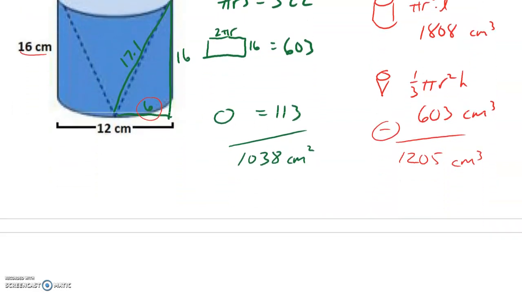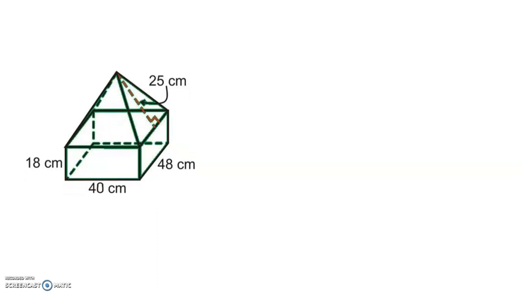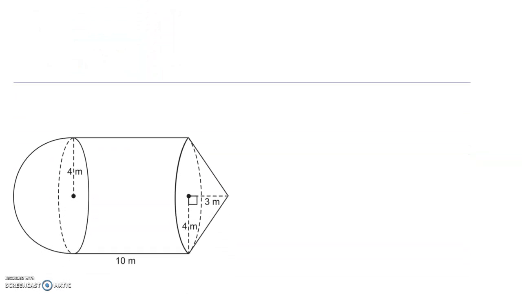All right, now on the second side, I've got a couple shapes. We're just going to bypass this one because it's very similar to the other one that we did. Again, you're going to have to use this to find the height using Pythagoras of the pyramid part on top. But let's go to